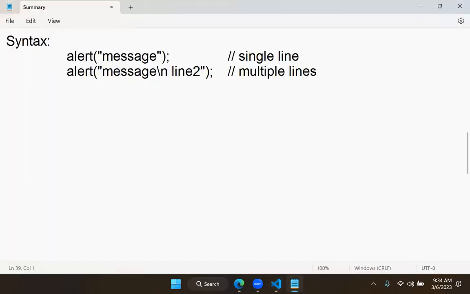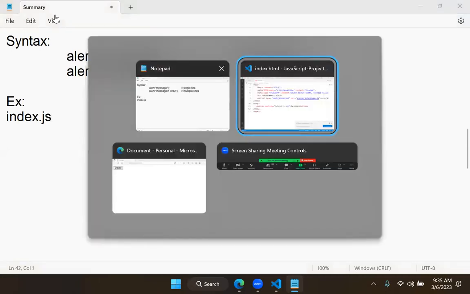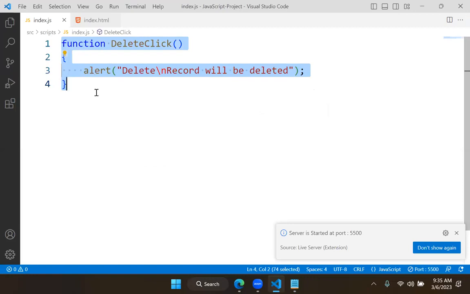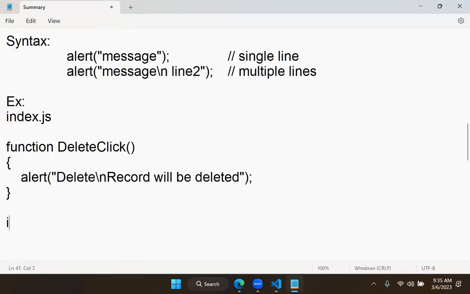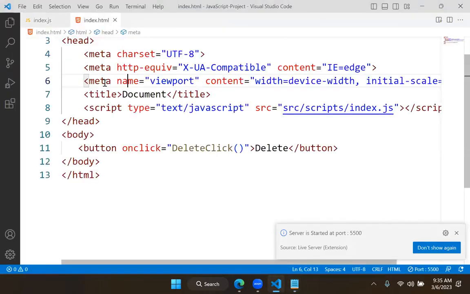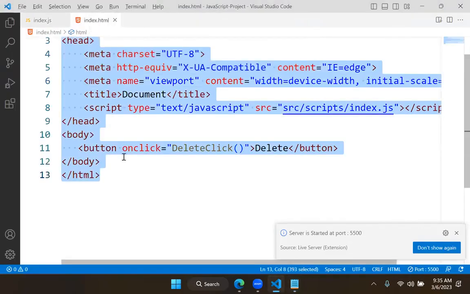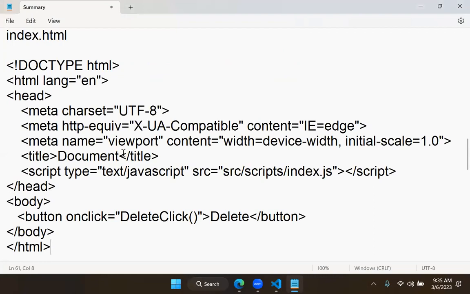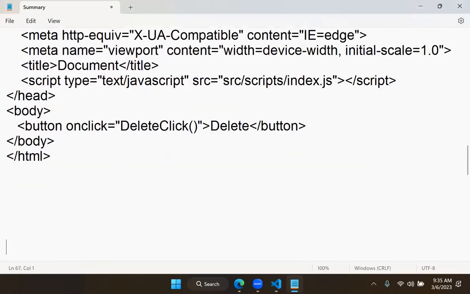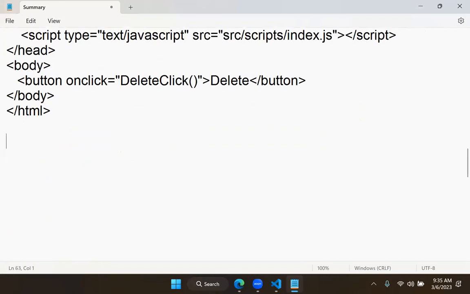So this is one example. Let me give this example. Index.js is this one, and index.html is this. We are keeping the content and displaying. Now here, one more important thing is, instead of alert,